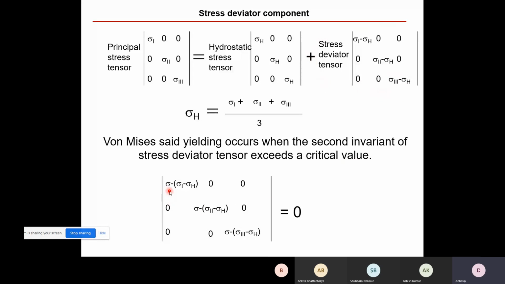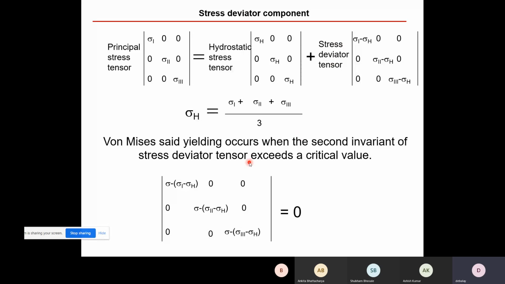So that's why again he is writing it in the form of sigma minus first term 0, 0, 0, sigma minus second term 0, 0, 0, sigma minus third term. So this stress deviator tensor he wants to represent in terms of an expression a sigma cube plus b sigma square plus c sigma plus d equal to 0. First invariant is a, second invariant is b. Out of that expression, he is picking up the second invariant. This is not a part of this course, but it is important to understand that in Dieter's book it is written that